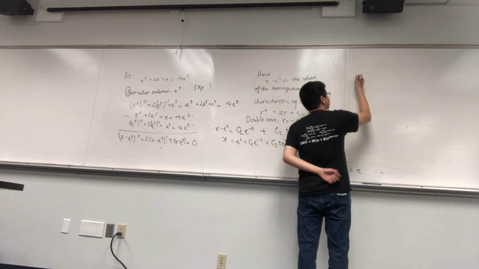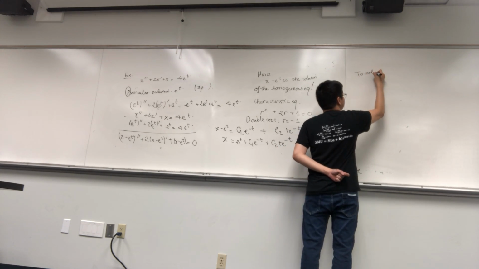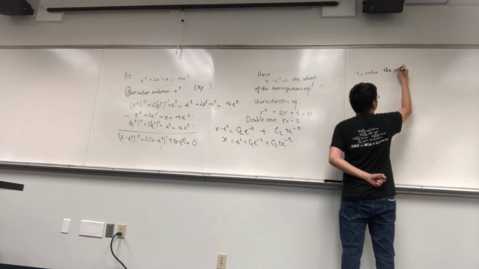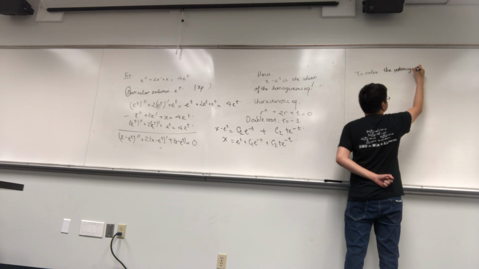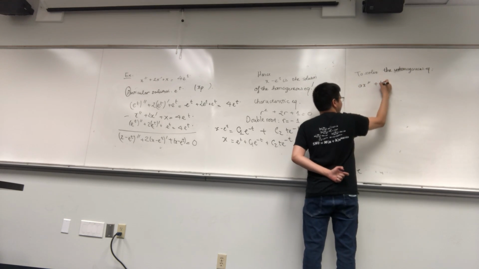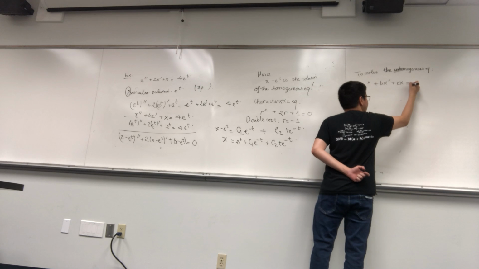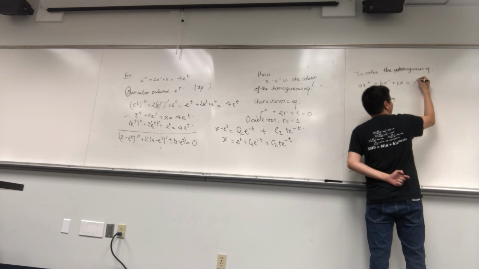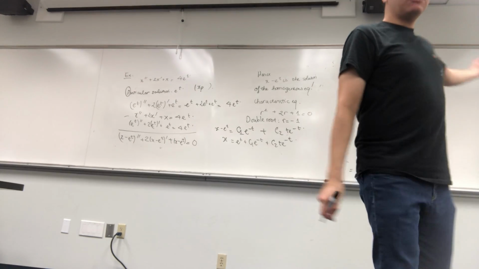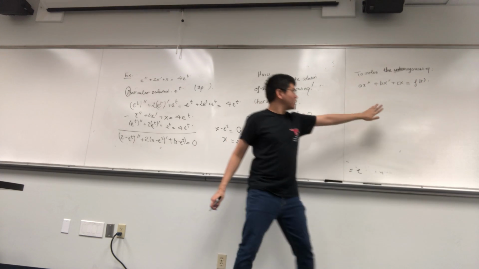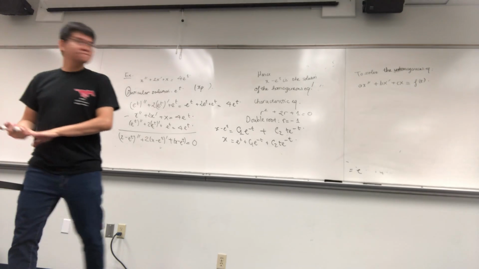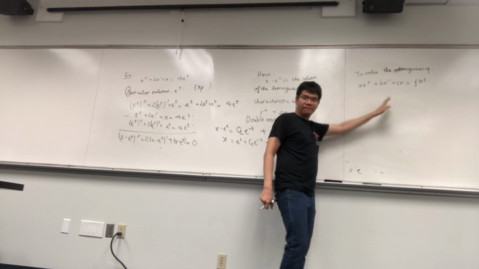All right, so to solve the inhomogeneous equation, ax second plus bx prime plus cx is equal to f of t, right? So this is an inhomogeneous equation, because on the right hand side it is not 0. So f of t, in this case, is 4 times exponential of t, right? To solve the inhomogeneous equation, we